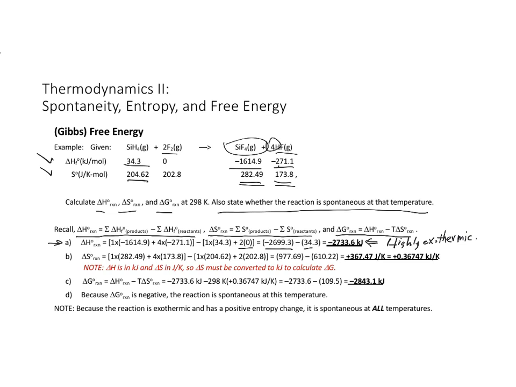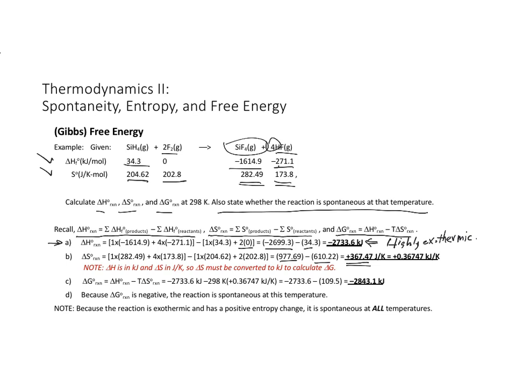And I subtract my reactants. 1 times 204.62 plus 2 times 202.8. That turns out to be 977.69 for my products, minus 610.22 for my reactants. So we have a positive entropy change of